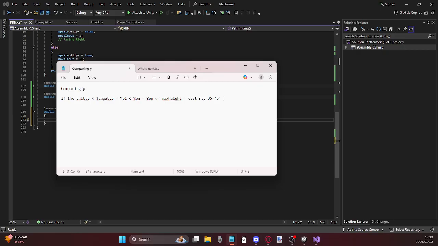For now, that is degrees. So both left and right. And then once it's casted those rays, we are checking to see if ground. Alright, and then if it does hit ground, we check if